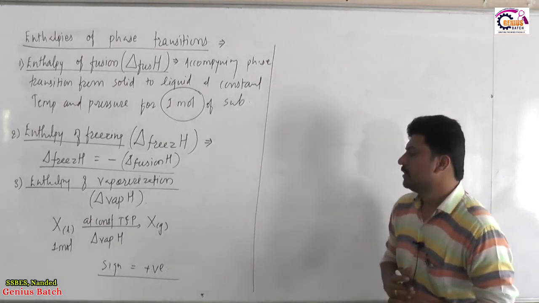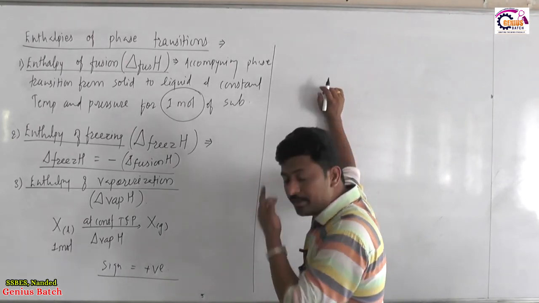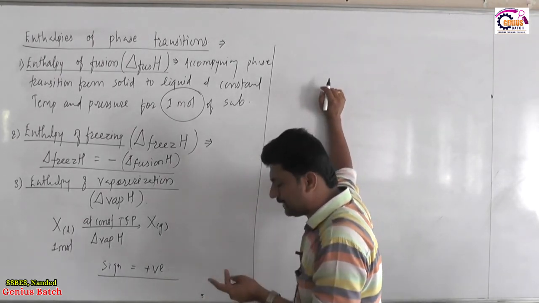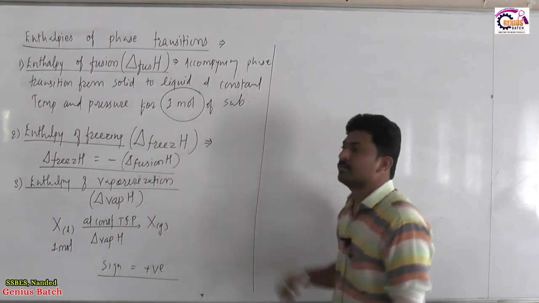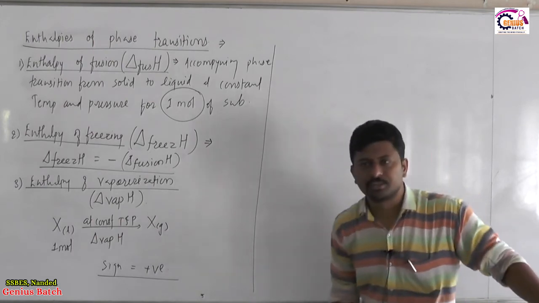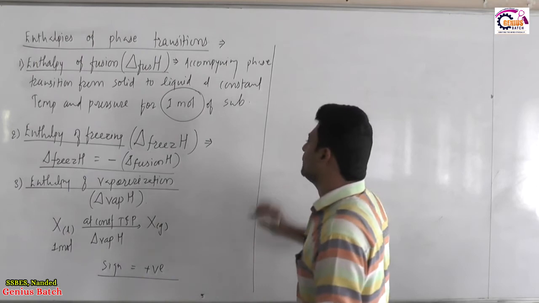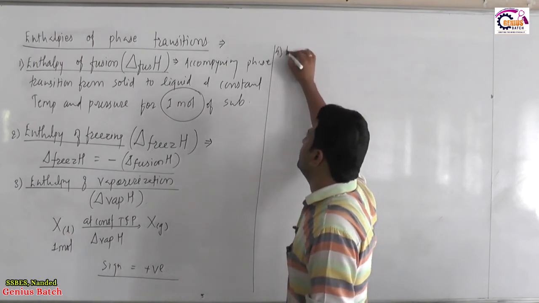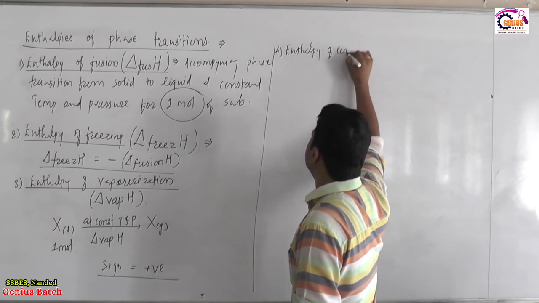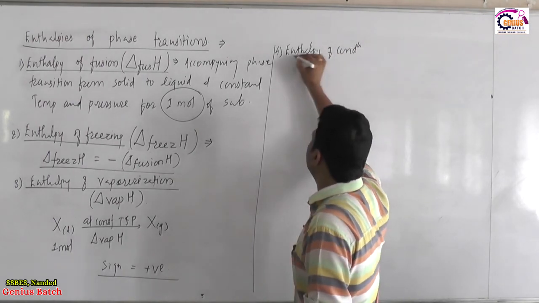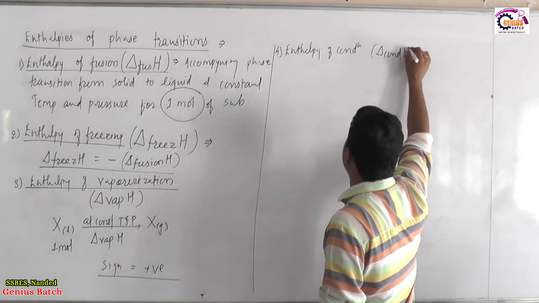Now when we move to the reverse of it, it is the conversion of a gas into liquid. Here we conducted liquid to gas conversion. The reverse is gas into liquid, and that is called enthalpy of condensation. This is also called liquefaction. So as a conclusion, the fourth enthalpy, enthalpy of condensation, can be defined likewise, and it is denoted as delta cond H.